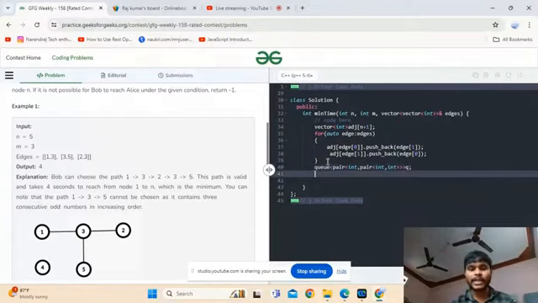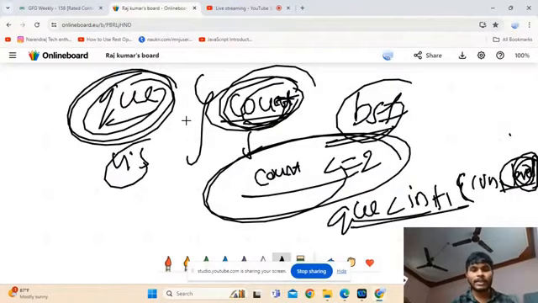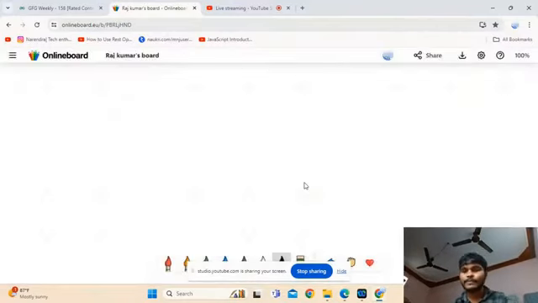Now I am starting with node 1. How many consecutive odd numbers are there, including that one? We are starting with 1, right? The consecutive odd number count is 1 and the level of 1 is 0. We are at the 0th level.